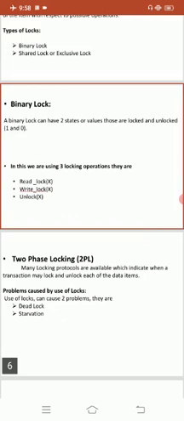When the transaction is through using the item, it issues an unlock item X operation, which sets lock of X to 0 so that X may be accessed by other transactions. A binary lock enforces mutual exclusion on the data item. Taking a simple example: lock item X: if lock of X is 0, then lock of X is set to 1, else begin wait until lock of X is 0 and the lock manager wakes up the transaction, end. Unlock item: lock of X is set to 0; if any transactions are waiting, then wake up one of the waiting transactions.